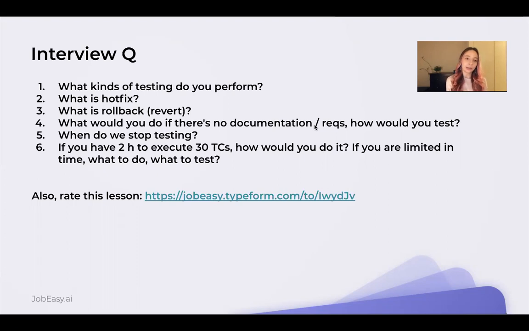If you are asked about some sort of technology that you are not familiar with, let's say, do you have any experience working with such, or do you know what it is? You can definitely say something like, I did not have such experience, or I did not work with this technology yet. Also, I would like to learn it, right? If they ask you something more specific to the